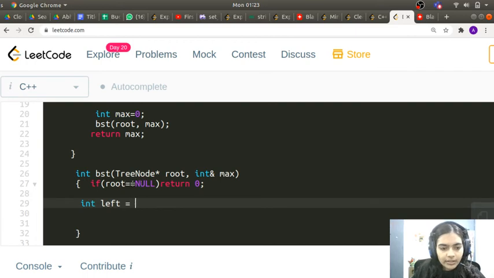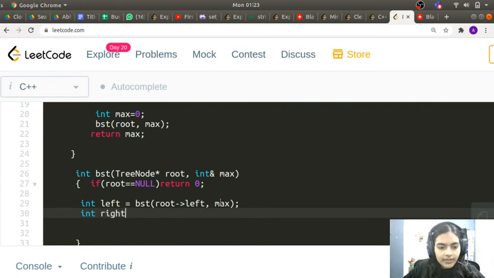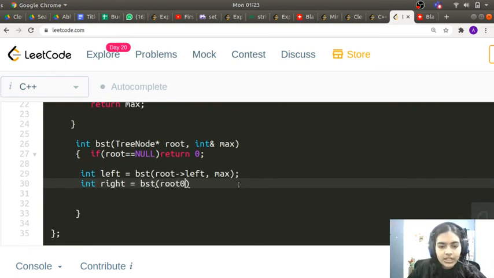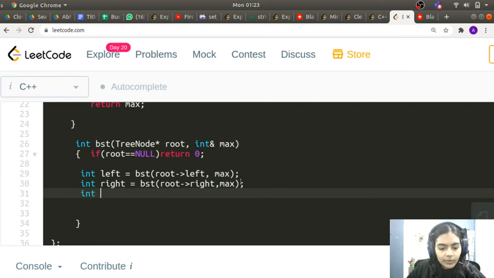Otherwise we will have to call the left and right node. So int left will be, I'll call the BST function again, and I'll call it on its left recursively, and I'm going to pass the max variable which remains as such. Otherwise I'm going to declare right variable, and I'm going to call the function recursively again, this time on root's right, and I'm going to pass max. I'm going to declare a height variable that will give me the height at each level.